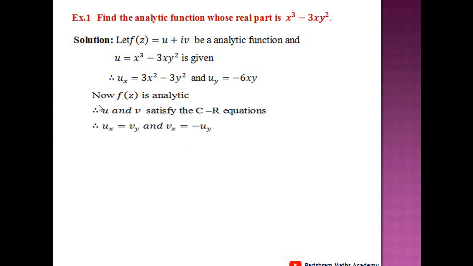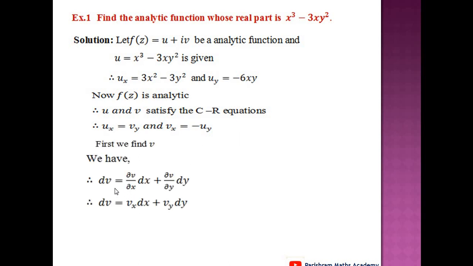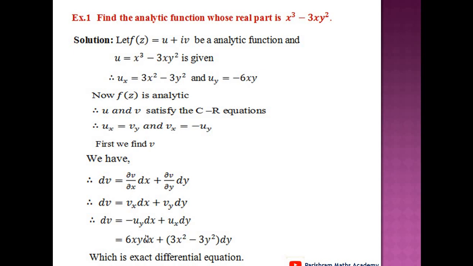Then f of z is an analytic function, it means u and v satisfy the CR equations, it means ux equal to vy, vx equal to minus uy. First we find v, and therefore we have dv equal to del v by del x into dx plus del v by del y into dy, and therefore dv equal to vx dx plus vy dy. But by using the CR equations, vx equal to minus uy and vy equal to ux,